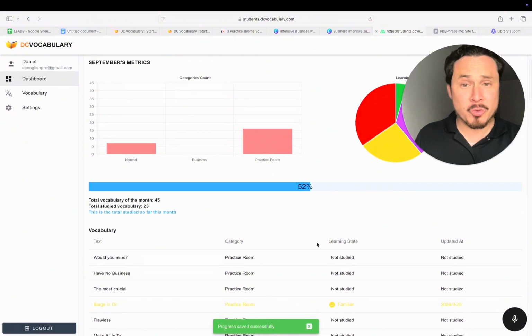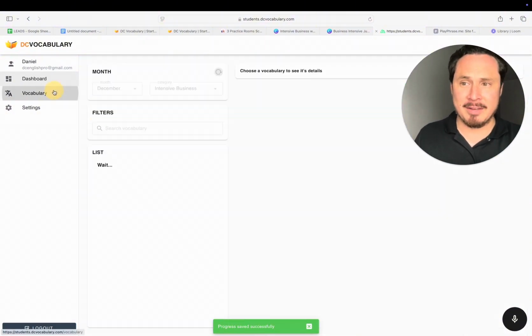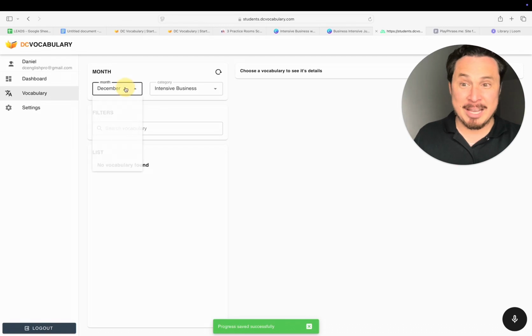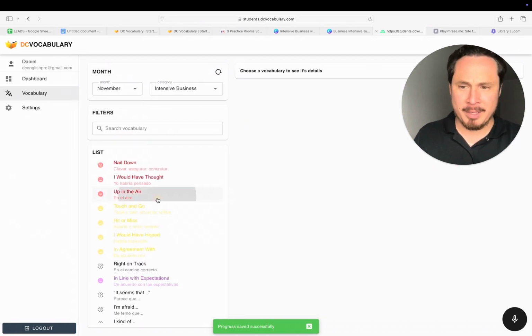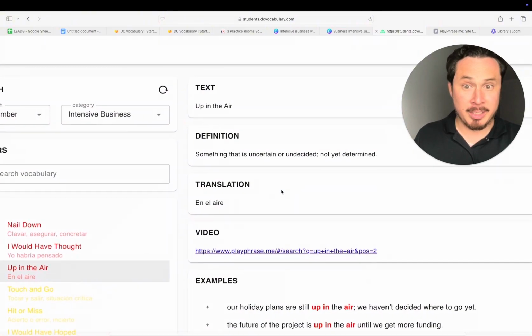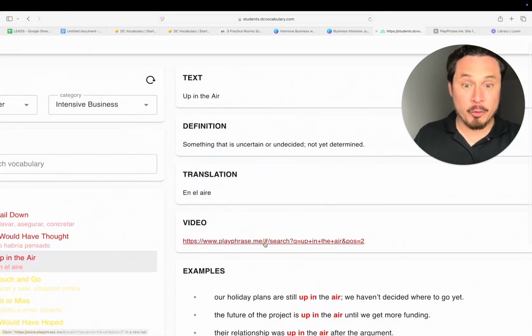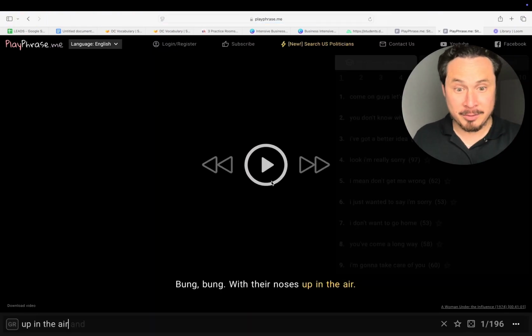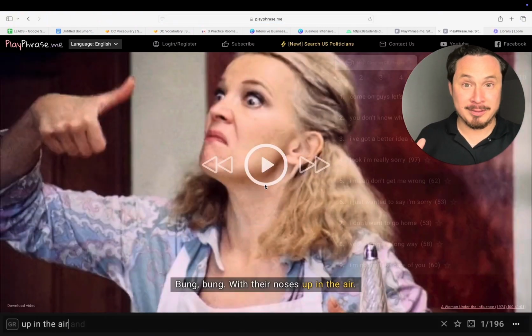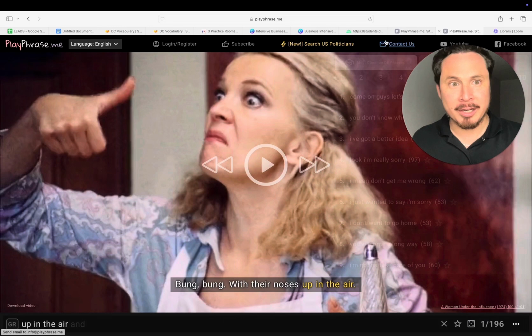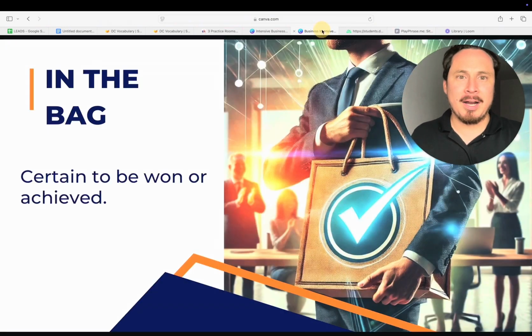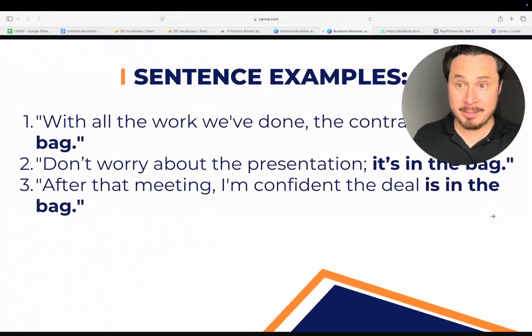It registers your progress. It shows you what you haven't studied, what you've learned. So the students really have a great time in these live classes. It shows you details on the vocabulary, the idioms that you've learned. It's a really nice platform that they use to study the definition, the translation, movie scene examples with those idioms, so that they have no doubt of, oh, am I using it correctly, etc. And we have live classes with premium materials.